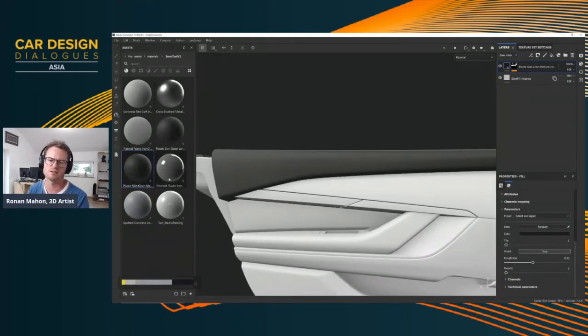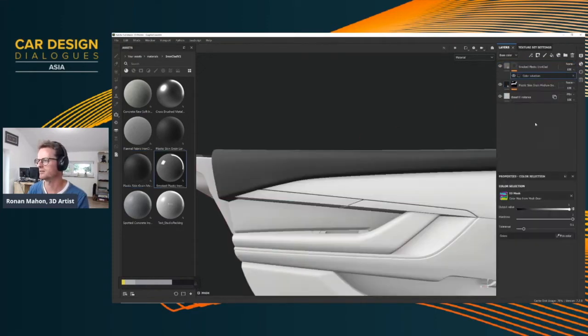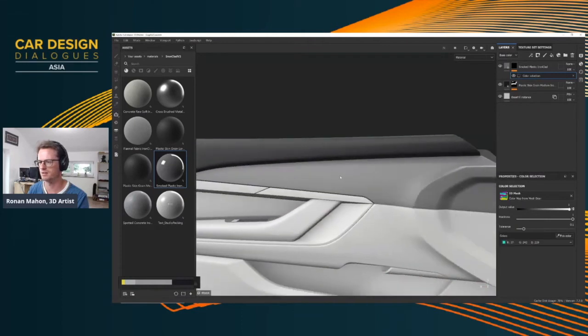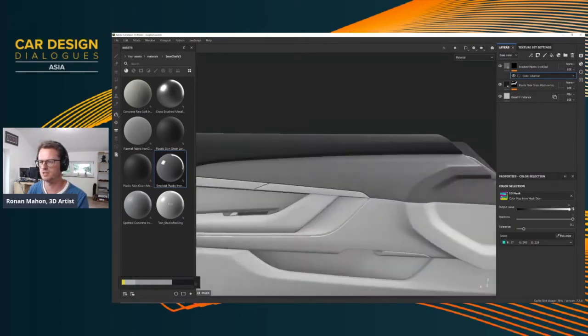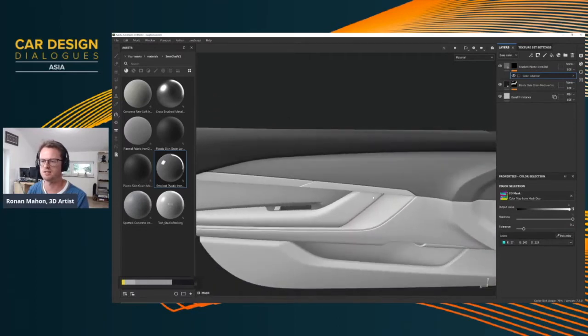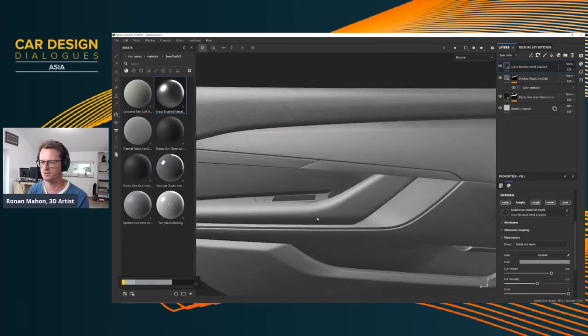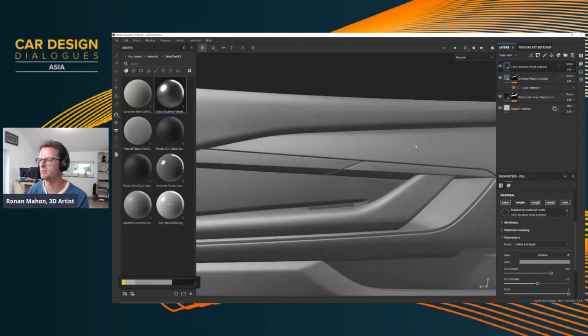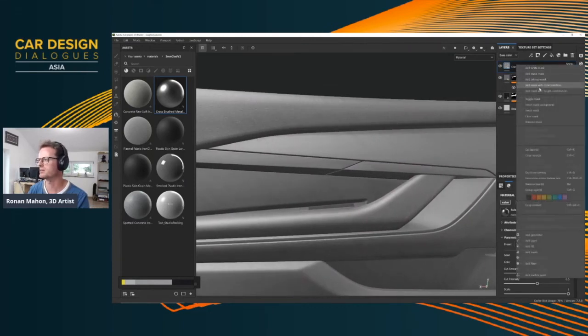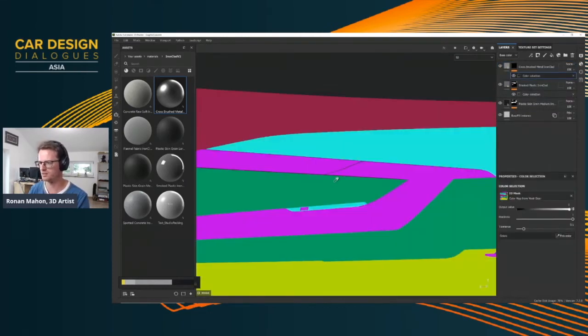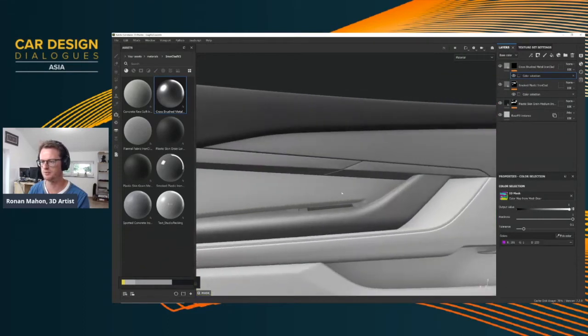Here on my left, you can see this is actually the selection of materials that Anais sent me. So I'm very quickly just dragging and dropping. I'm going to add another color selection mask, and I'm going to limit that to this section up here. I'm just panning the light, checking it in different lighting conditions while I'm working, seeing how the materials interact with each other. She's chosen some nice metal finish for this handle and the trim here. Again, I'm going to add a mask with a color selection and just pick this lovely purple color.